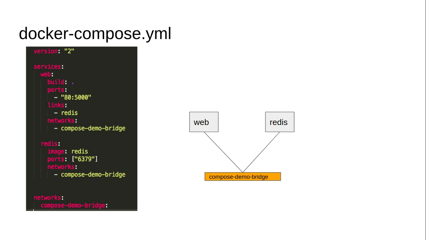The next element for this web dictionary is ports. The value for the ports key is again a list of elements. Either I can use square brackets and put 80 colon 5000, or I can go to a new line and use a hyphen. The reason for 80 colon 5000 is that we want to bind port 80 of the host to port 5000 of your container. That's how we add it.